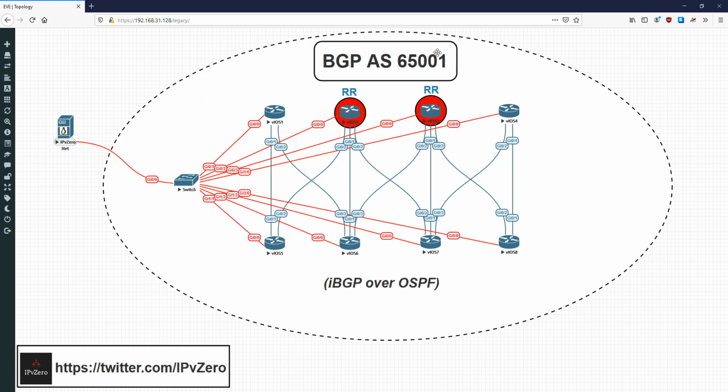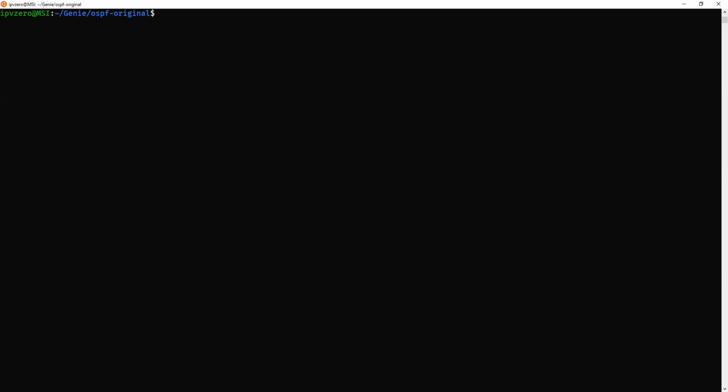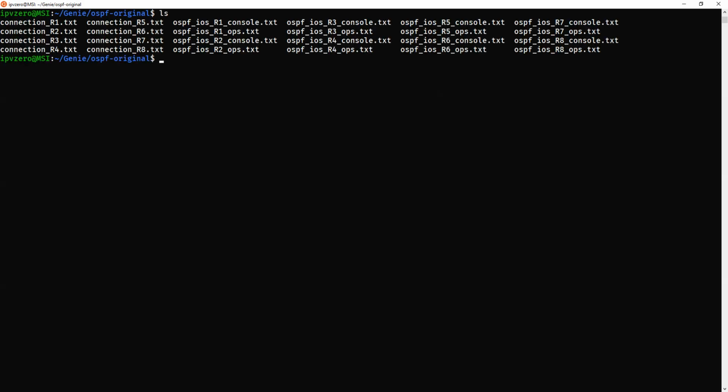So let's say somebody was operating on our network, maybe a junior administrator or whatnot, and he's made this change or she's made this change. Let's say we didn't like the change, something happened to the network, we wanted to kind of target what actually happened and what was different. All we would do is simply relearn the new state of the network. So let's just run the same command again. We'll do Genie learn OSPF again, and we're going to give it the testbed file, the exact same